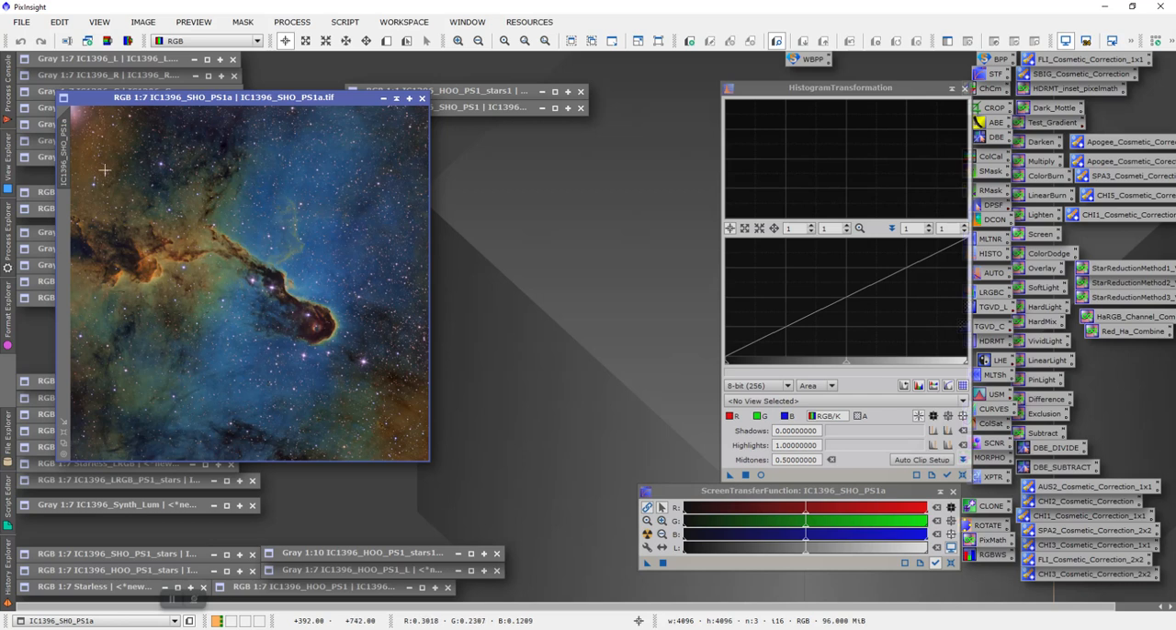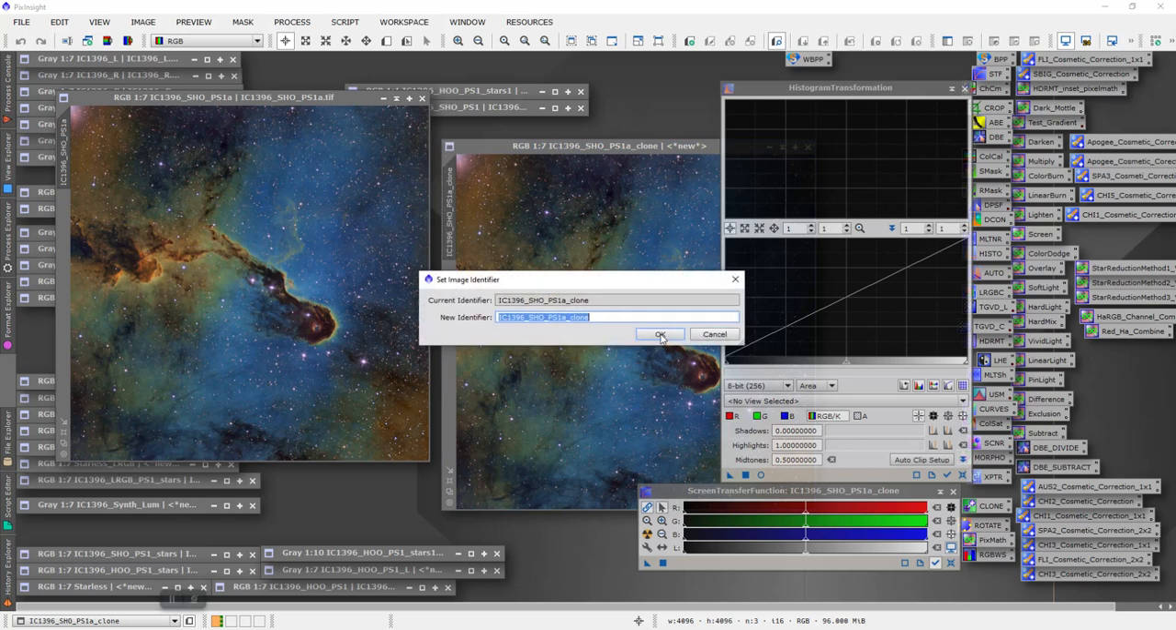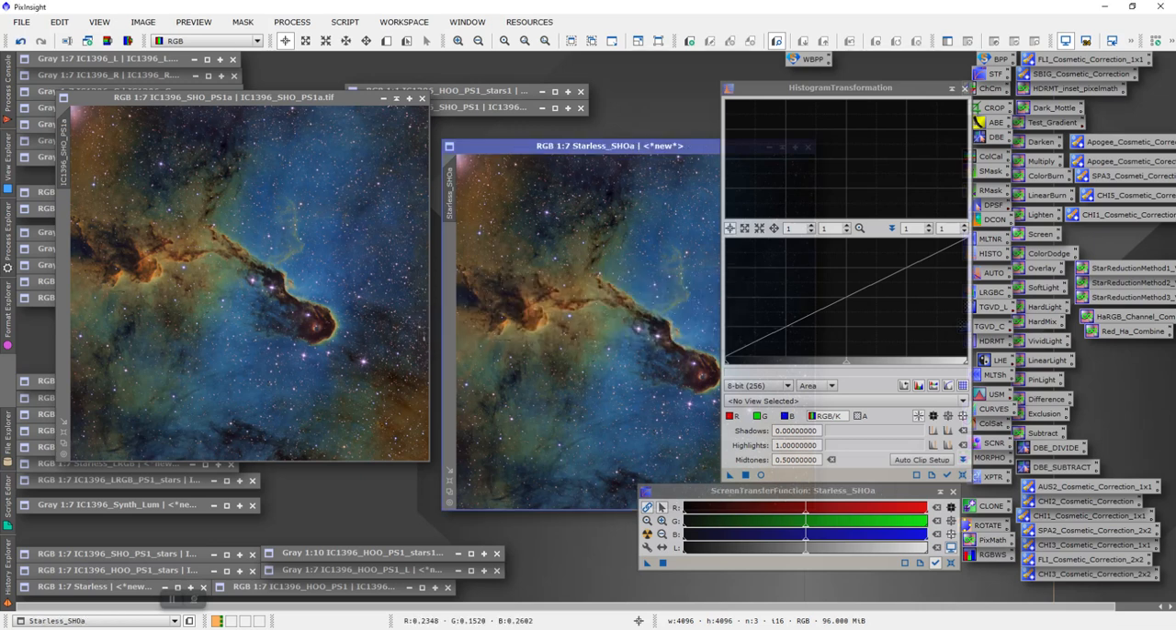And what I do here is I make a duplicate, and I'm going to call this starless_SHO, and I'm pretty sure I already have this, so I'm going to call it A. Anyway, I'll show you why I name it this in a minute here, and I'm going to click OK,